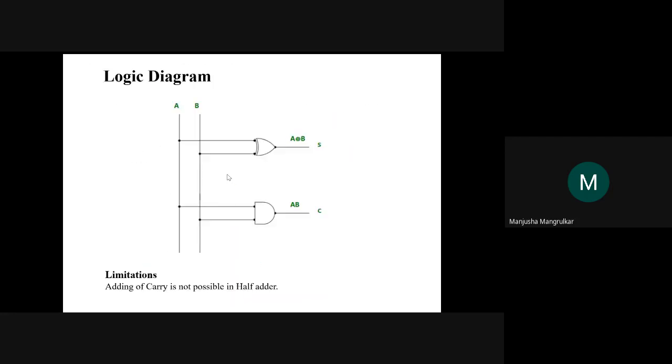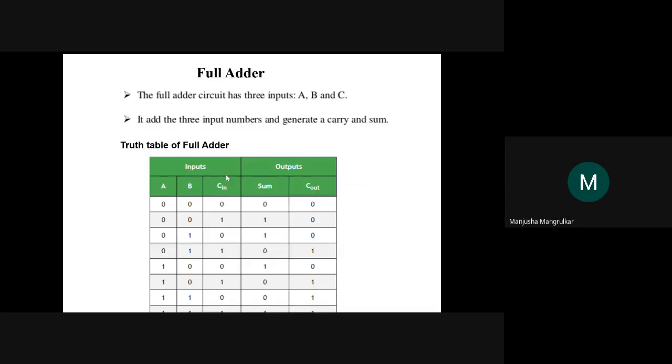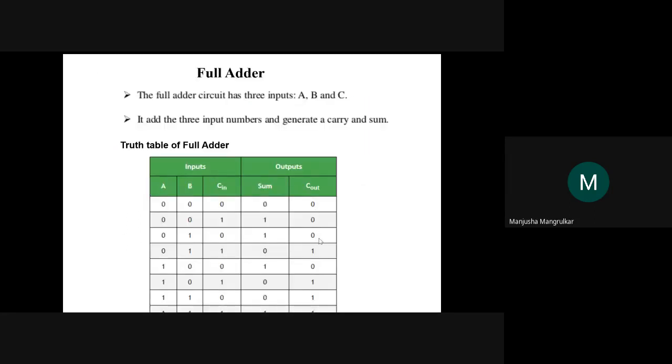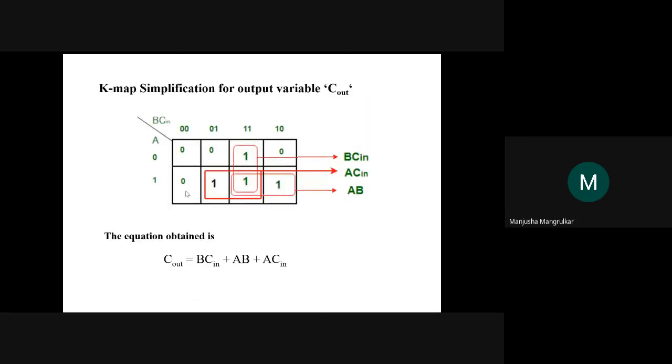Now we'll see the carry, right? This is our carry of three inputs: 0 0 0 1 0 1 1 1. Now we'll put it into the K map. This is 0 0 0 1 0 1 1 0, right? Now here we can do the grouping because we need the reduction of variables. Now these two can be paired, these two can be paired, and these two can be paired.